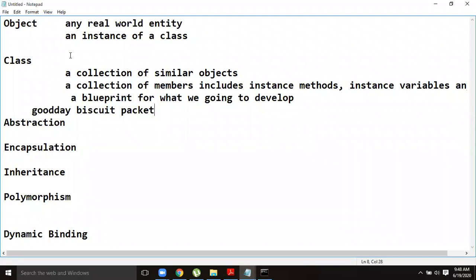Each individual object can contain its own information. No two objects of a class need be the same. For example, the Good Day biscuit packet is a class. The individual biscuits are the objects of the class, where each individual object can have its own values.